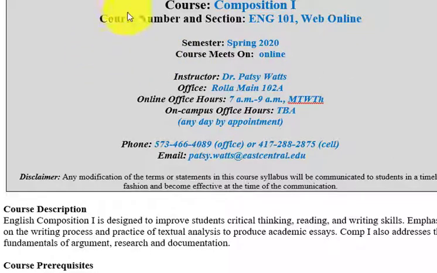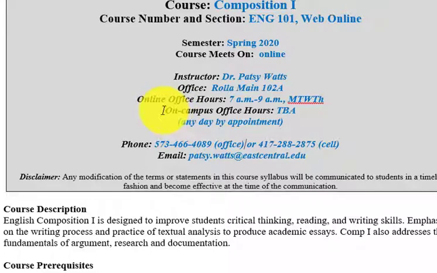Of course, the syllabus tells the course name and the sequence number. That's important. The little section here in the middle gives you some information about who I am and how to contact me. I'm going to be available to you Monday through Thursday from 7 a.m. to 9 a.m. for online office hours, meaning if you contact me during those times, I'll be immediately available given whatever question or problem you are having.